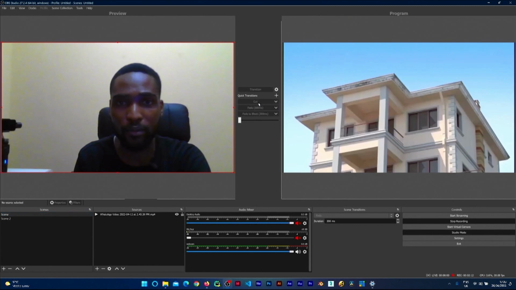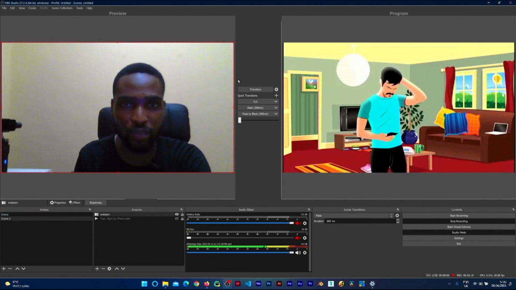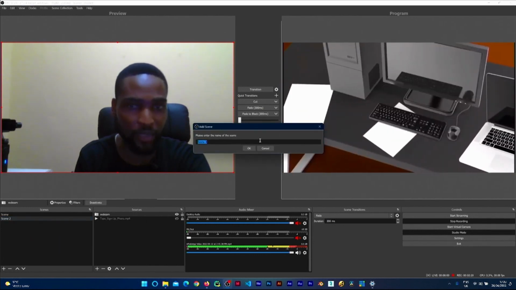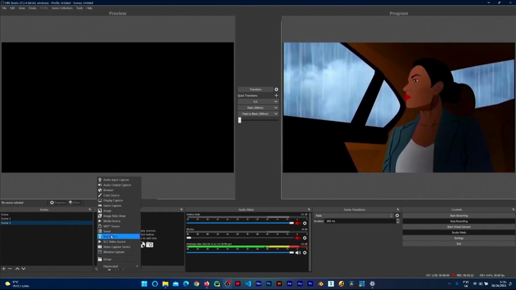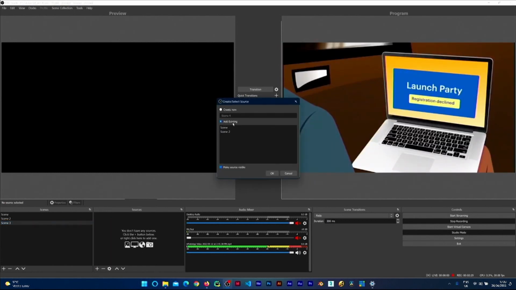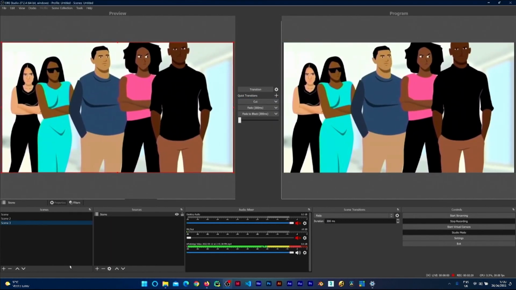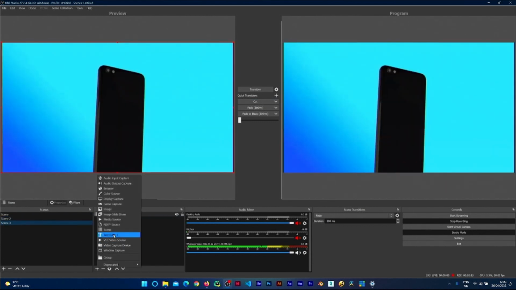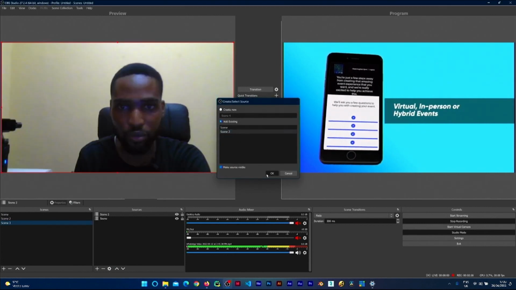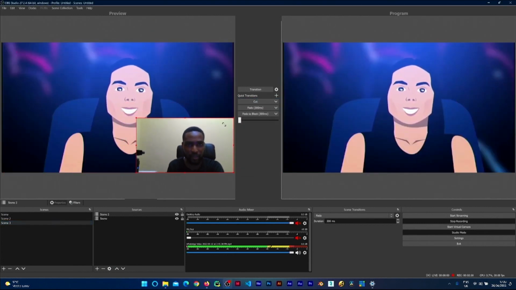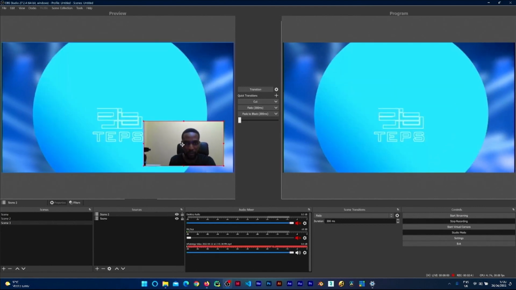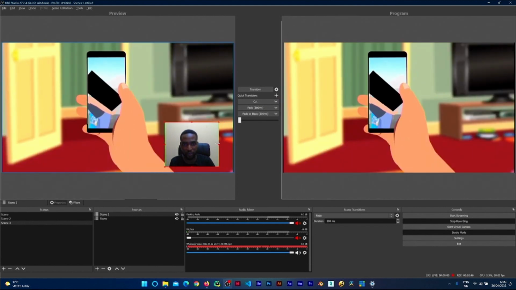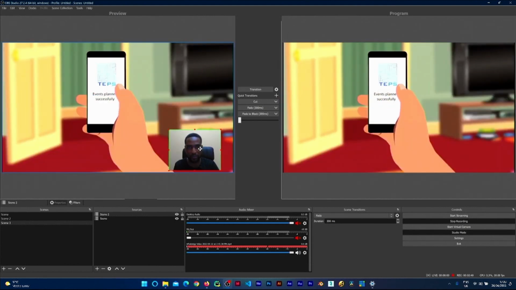So another thing you could do is to simply composite different views. I could add in another scene, call this scene 3, add in a scene and say I want the first scene, which is this video, and I would add in another scene, which is scene 2, and I'm going to scale this down all the way,